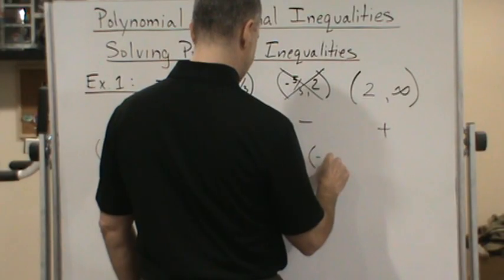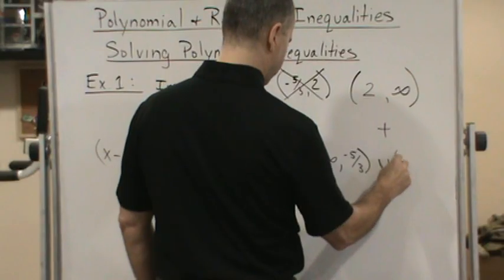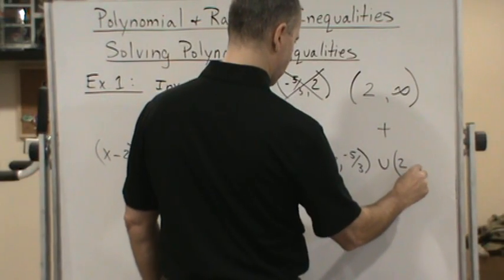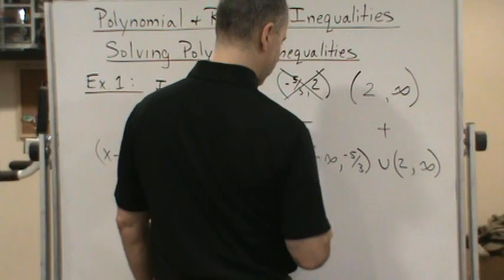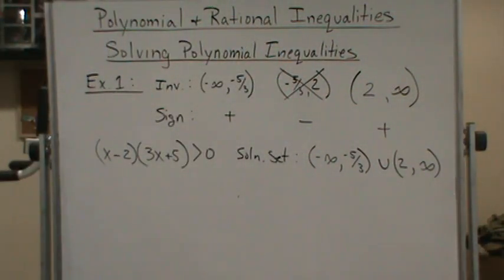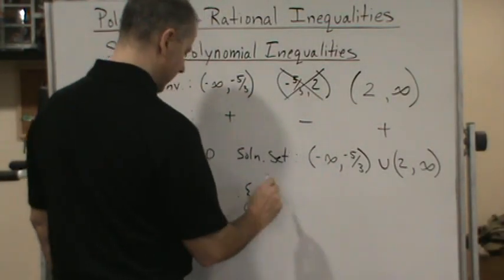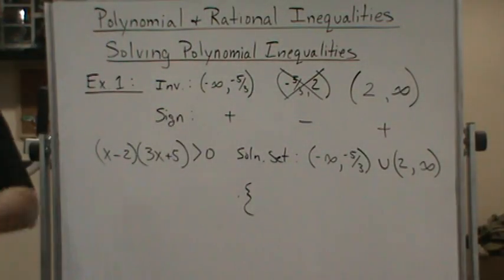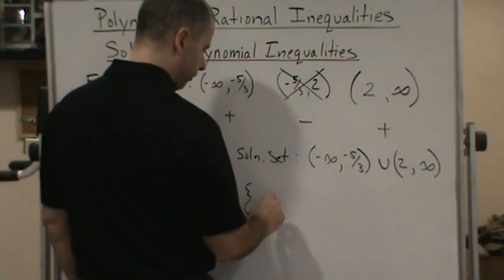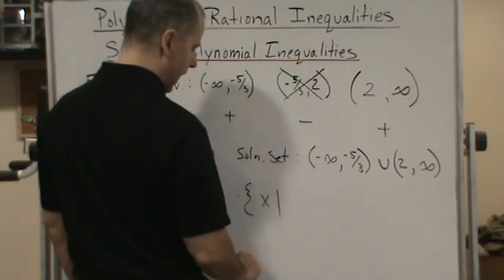The solution set would be negative infinity to negative 5/3 union 2 to positive infinity. Okay, that's interval notation. If we wanted set builder notation would be like this. We'd start with our curly braces, which is for set builder. And we would say the set of all x such that